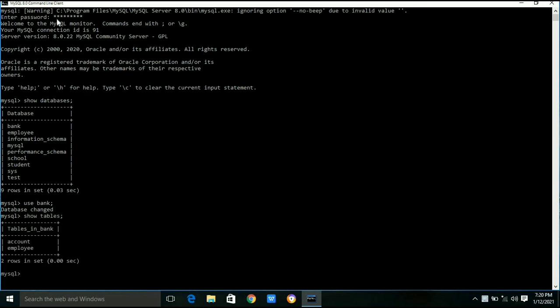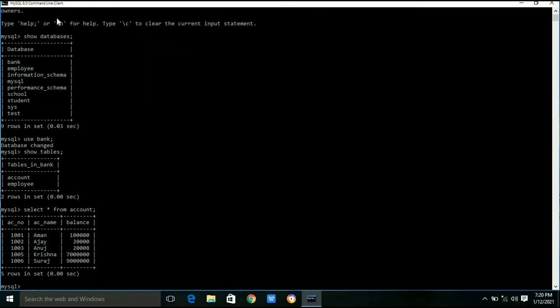We can see there are two tables in the bank database, account and employee. To fetch all the records of the account table, we have to write the code select star from account. As you can see, 5 rows are there in the account table.